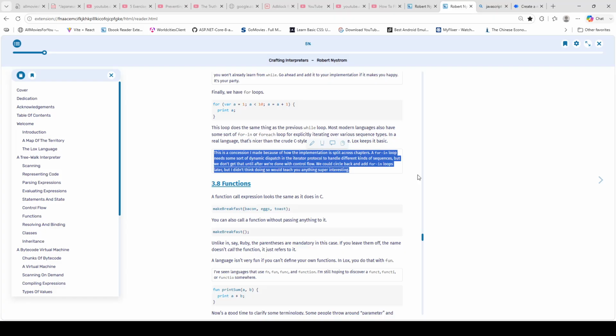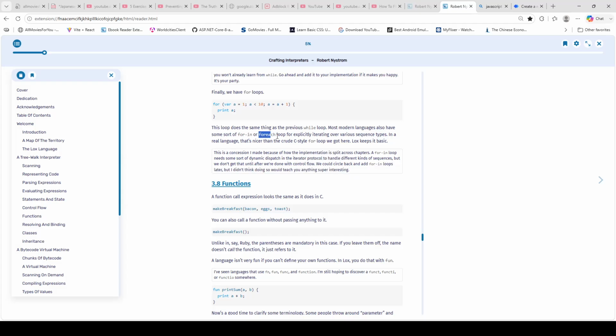Since we split that into different chapters, that would be a concession we make here, because we don't get that dynamic dispatch until after we're done with control flow. So we can go back to that after we're done representing the control flow in our classes in JavaScript. Now we could circle back and add for in loops later, but I didn't think doing so would teach you anything super